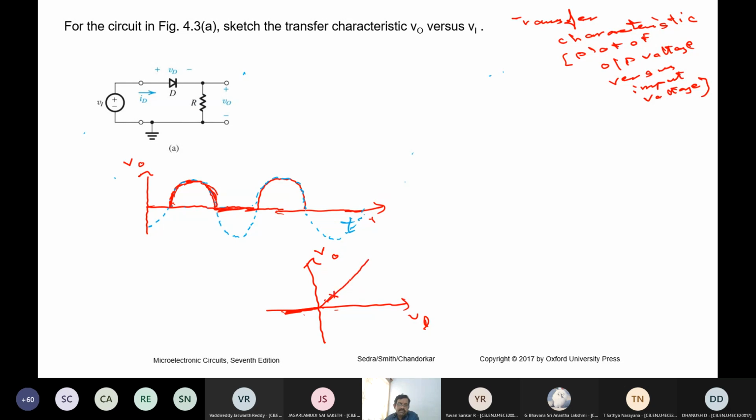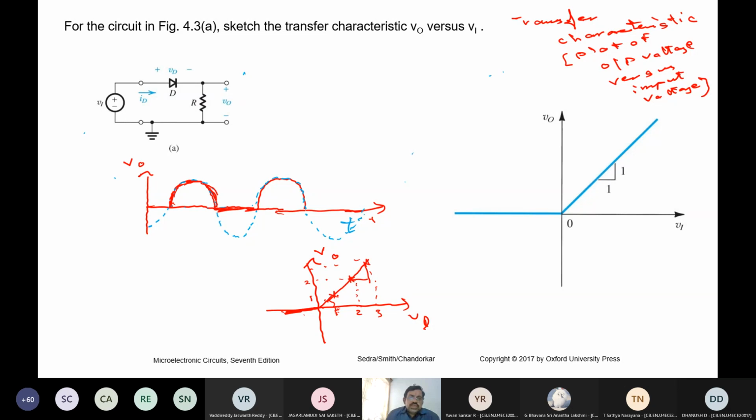So every point I will get, and if I connect the points, the points will be matching each other. Let us say this is like a 45-degree angle. This is 1, this will be 1, this will be 2, this will be 2, this will be 3, then this will be 3. So which means the slope is y by x, because it's a straight line passing through the origin, y equal to mx, the slope is 1. That is what is shown here.